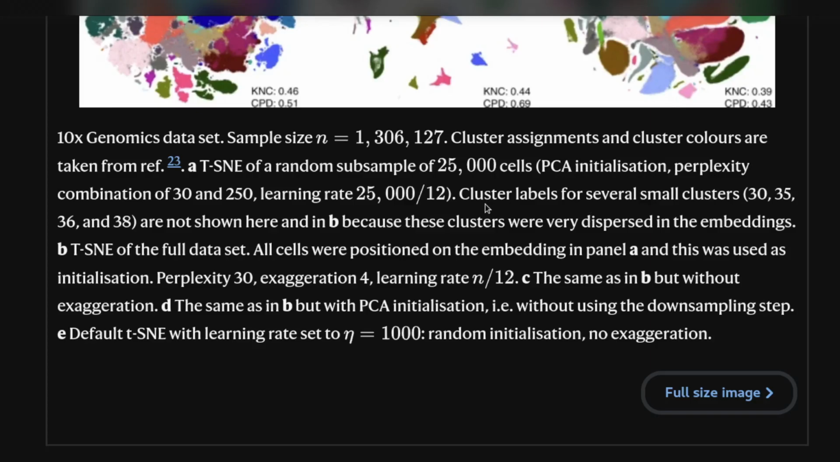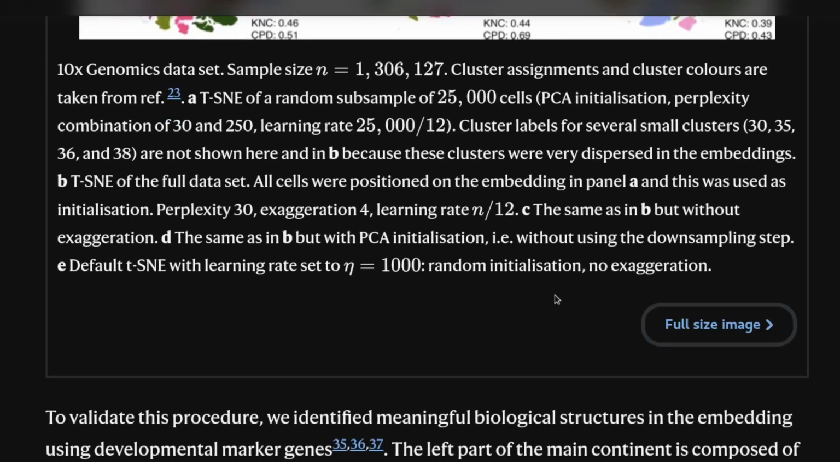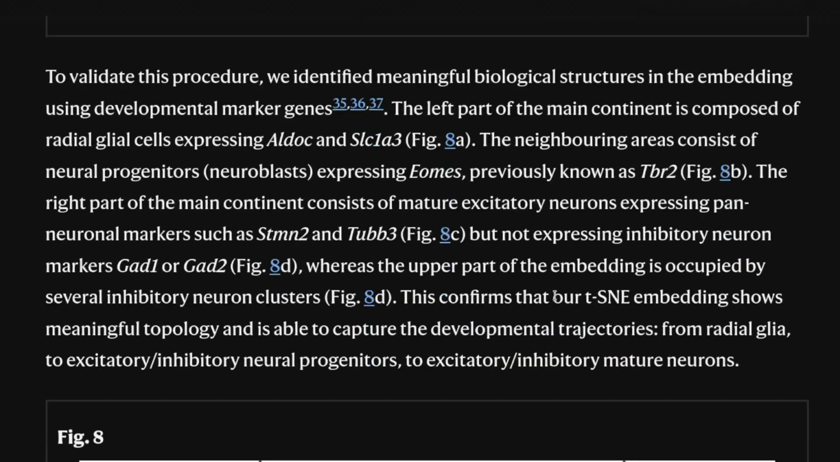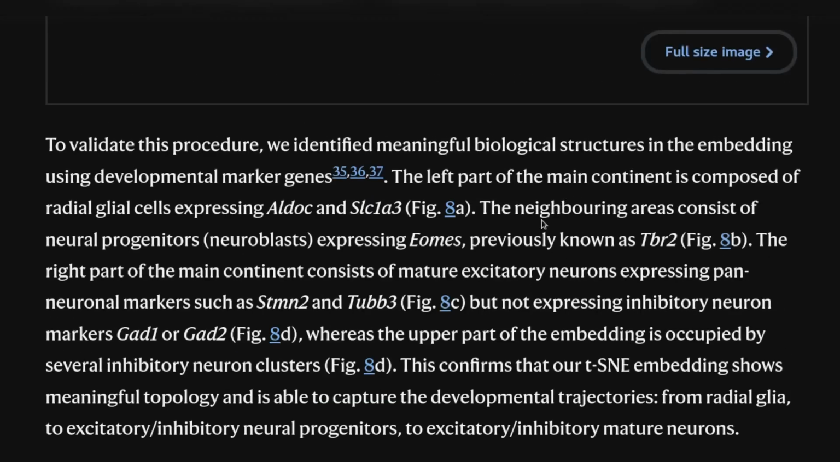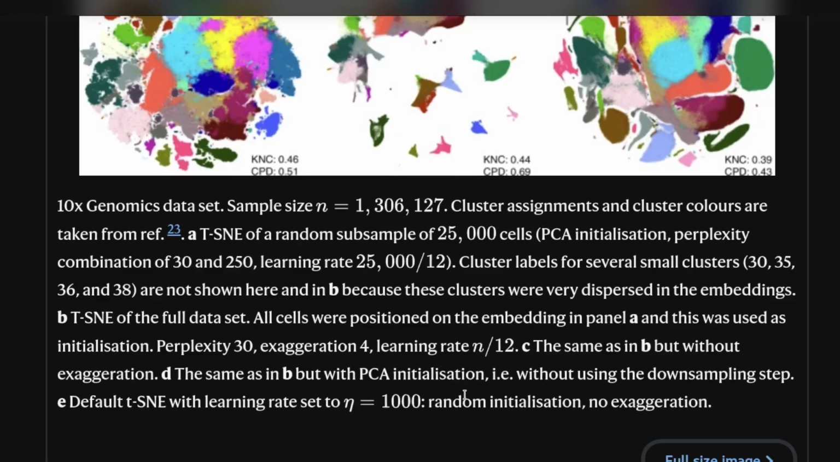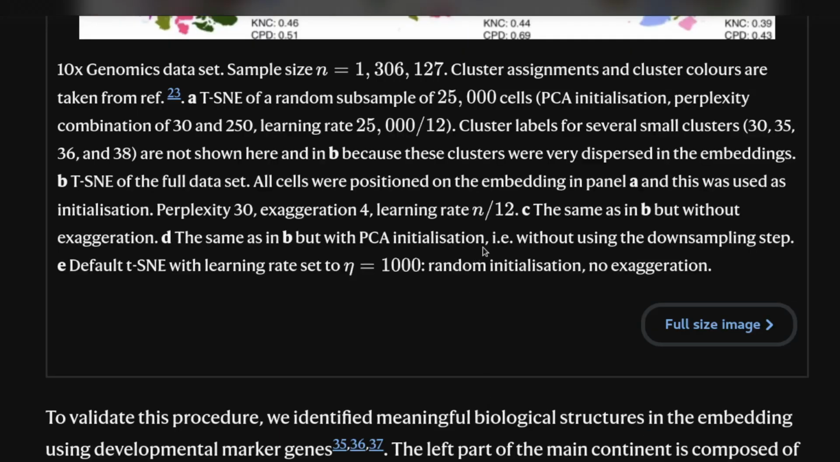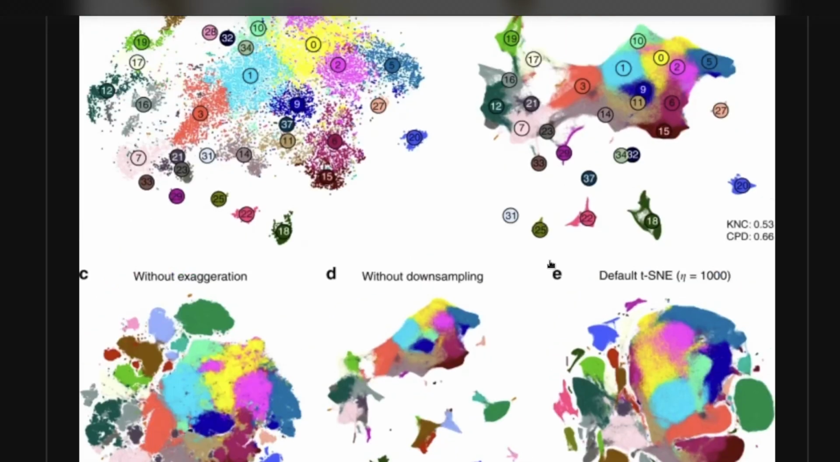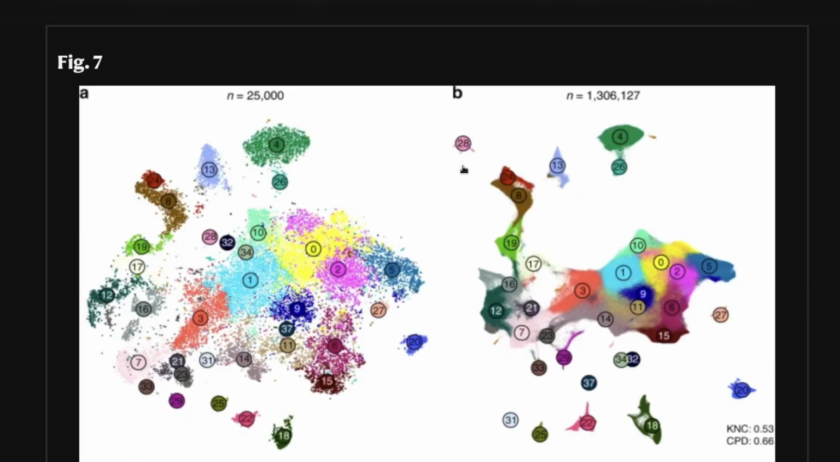t-SNE of the full dataset. All cells were positioned on the embedding in panel A, and this was used as initialization. Perplexity 30, exaggeration 4, learning rate. C. The same as in B, but without exaggeration. D. The same as in B, but with PCA initialization, i.e., without using the downsampling step. E. Default t-SNE with learning rate set to random initialization, no exaggeration. Full-size image. To validate this procedure, we identified meaningful biological structures in the embedding using developmental marker genes 35, 36,